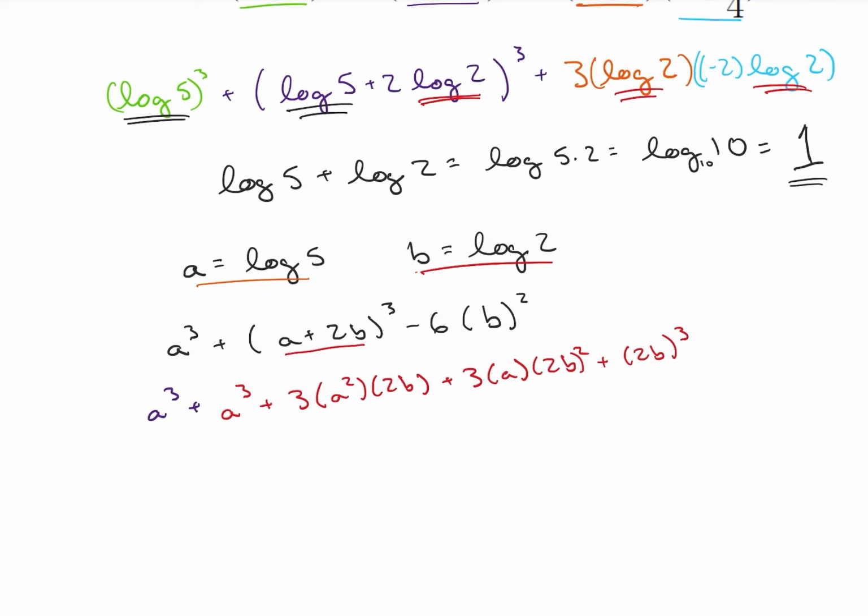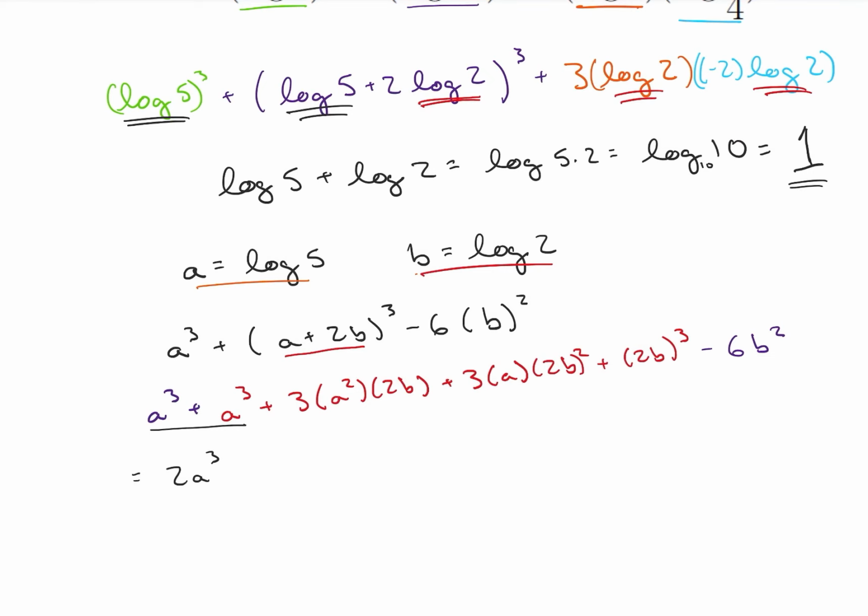And then that whole thing is going to be minus 6b squared. Okay, so let's go ahead and clean this up a little bit. So I can see that I can rewrite this as 2a cubed. And then I have minus